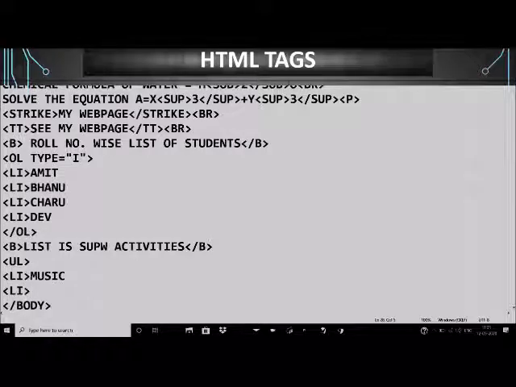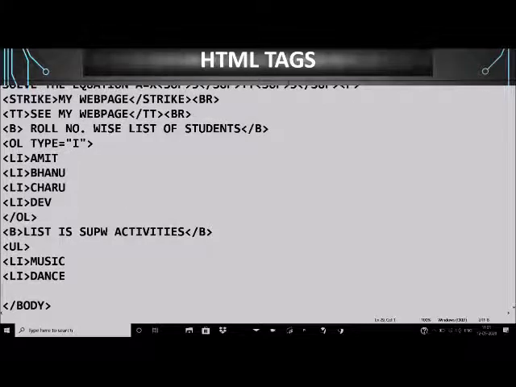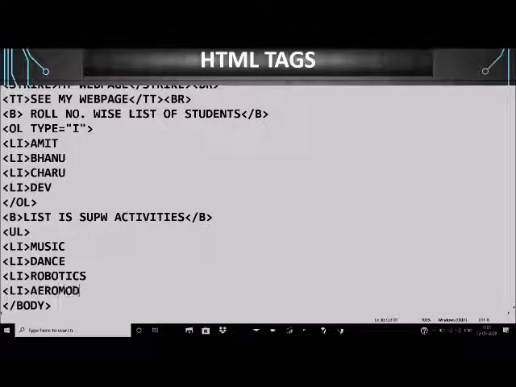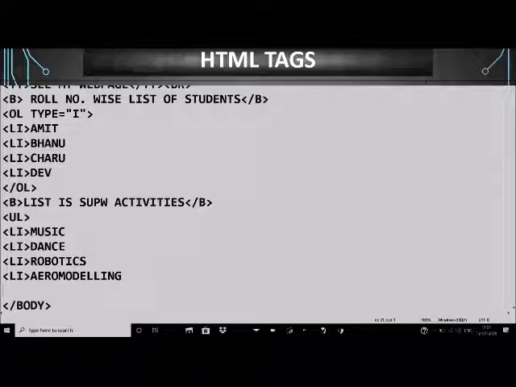To give the second list item, dance, third is robotics, fourth is aero modeling. Suppose these are the 4 activities that I want to give in unordered list.